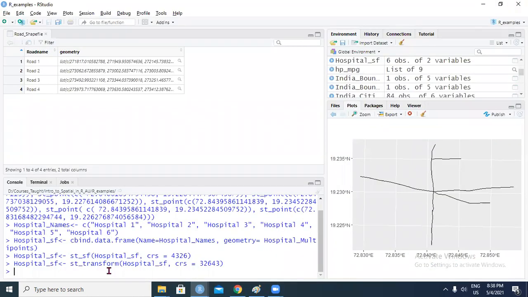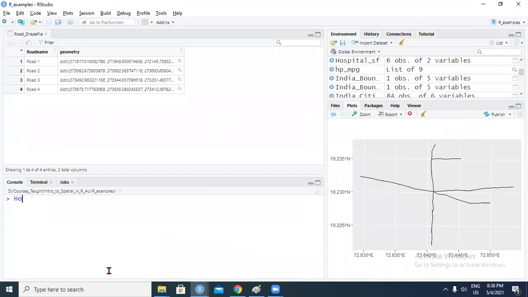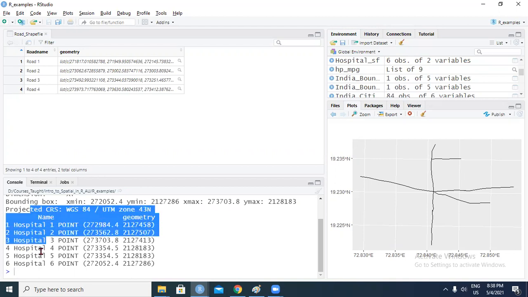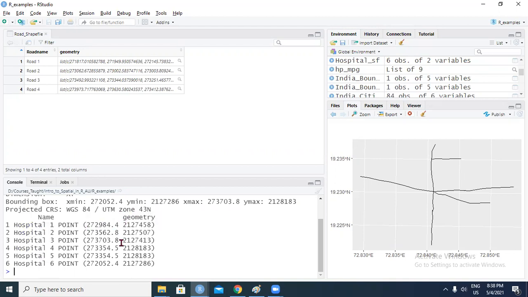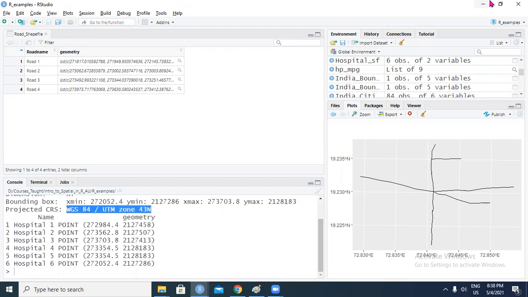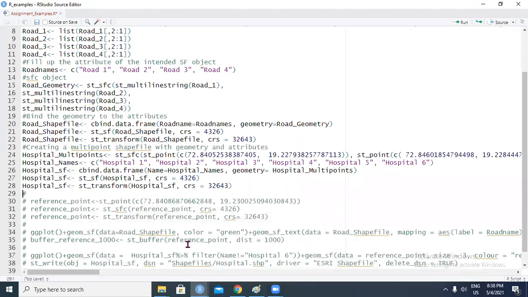If you look at this, we again see that we've got an attribute, which is your name, and we've got the geometry, which we can see in meters, which are the map units, or x and y, and it has the information of the coordinate reference system. So the SF object has been created.